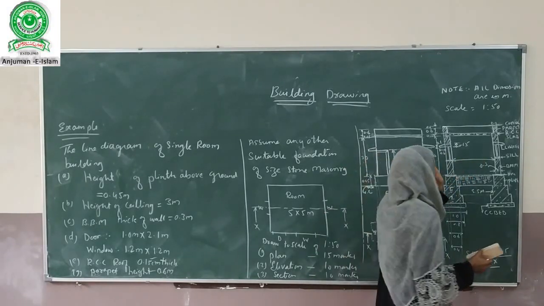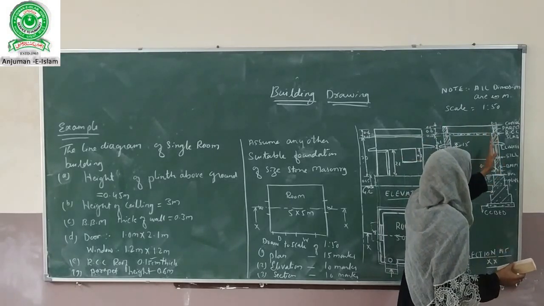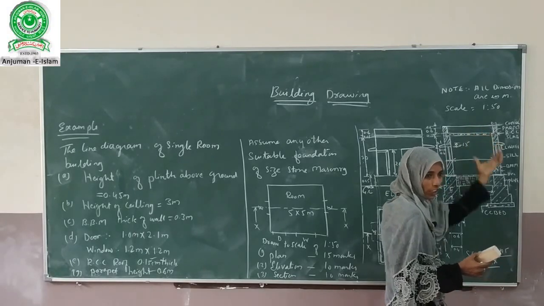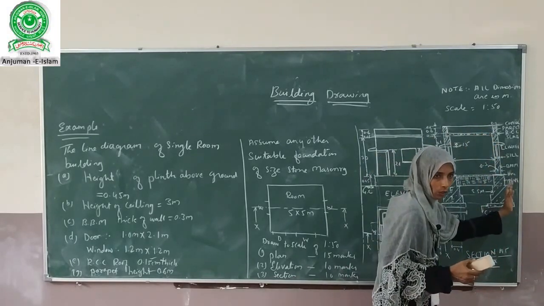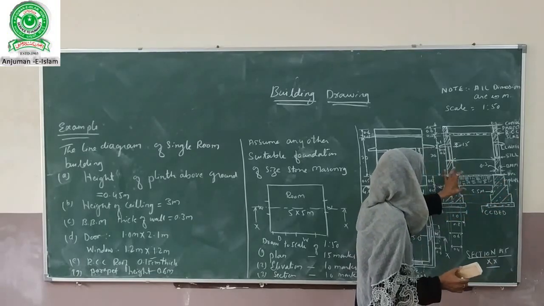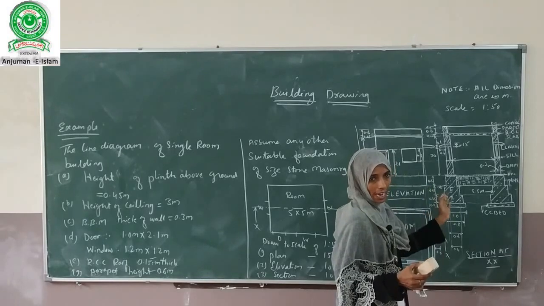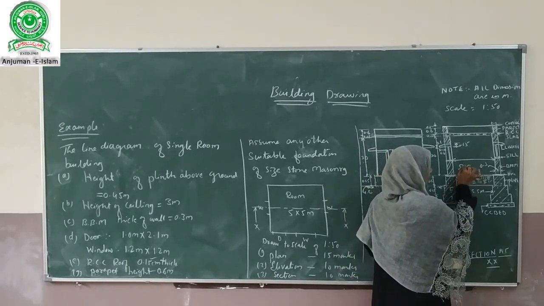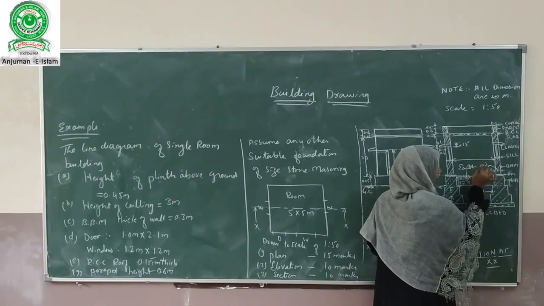The same way which we have drawn here, the same way the thickness of the walls, the height of the parapet, the thickness of the slabs, the foundation details, all those things will be drawn on the other side also. So the plinth height between the rooms will be filled with the earth filling or the sand filling. So this hatching will be used for the earth filling and this hatching will be used for the sand filling.